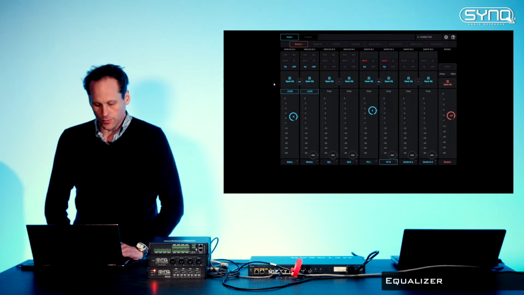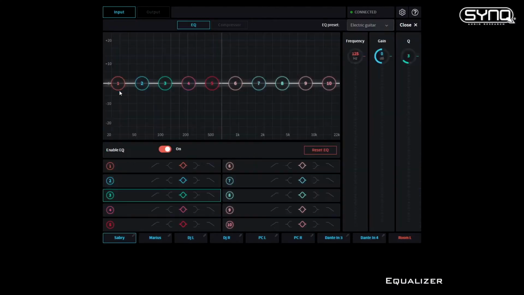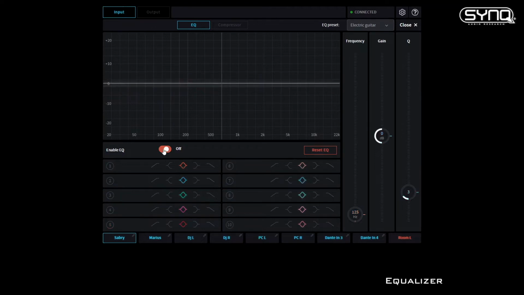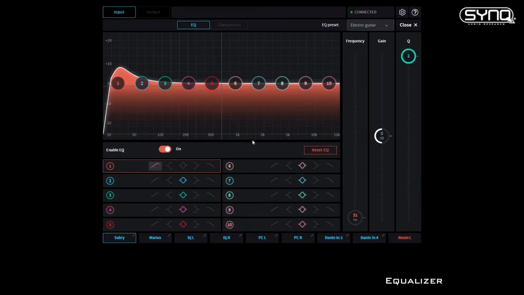Then, okay, let's go to the EQ page. If you click right here, you will come to the EQ page. You have 10 parametric EQ bands. As we discussed before, you can enable, disable the EQ, reset the value. Let's take the first one. Okay, let's say it's a high-pass filter.